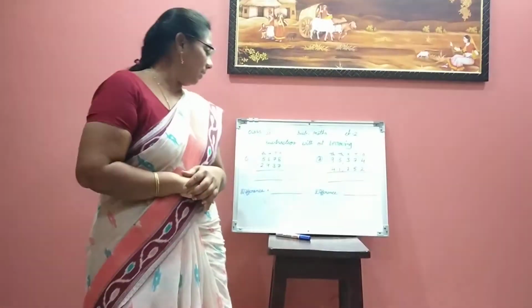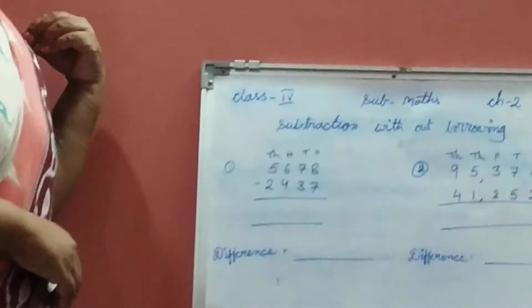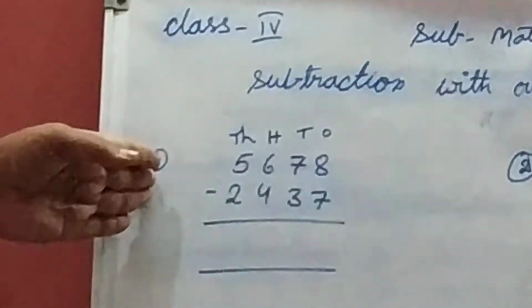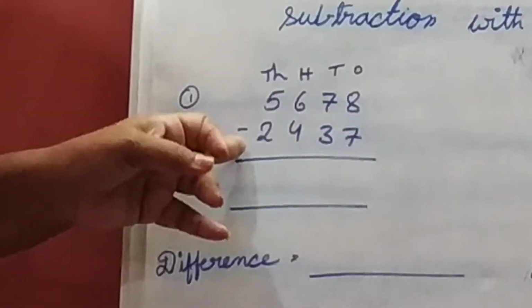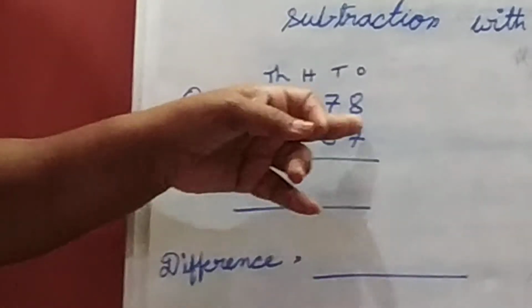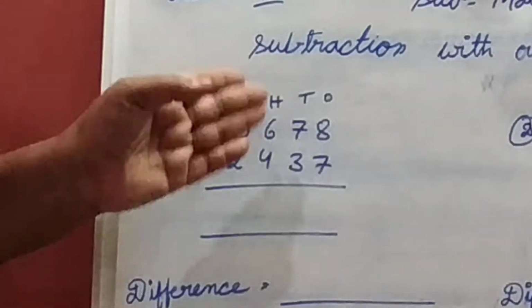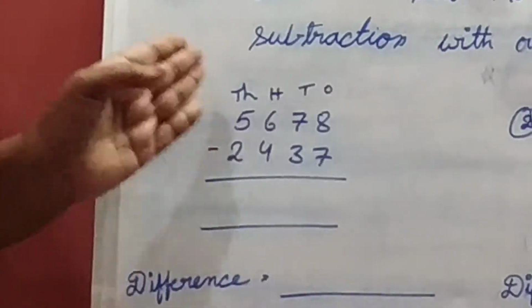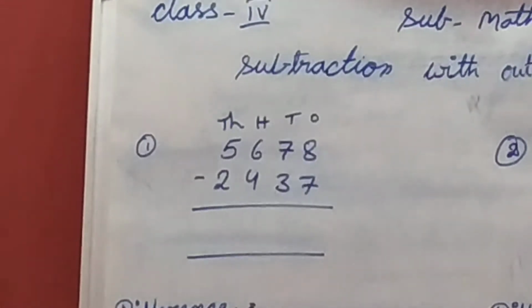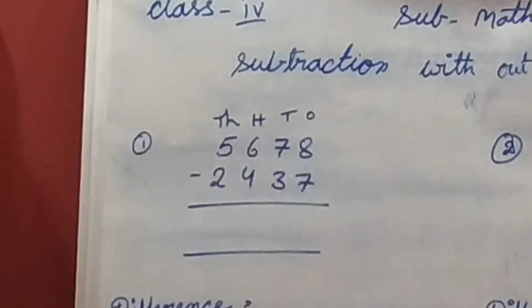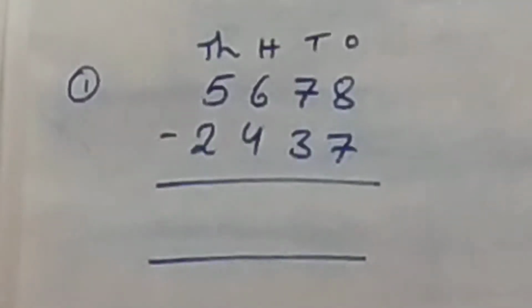Now, see here children, take two numbers here. Let us see the first example. See here, 5678 minus 2437. Here we have a 4-digit subtraction. Here on the top we have 4 digits and here we have 4 digits, and we are going to do the 4-digit subtraction. See children, already we know that while doing subtraction, we have to start doing subtraction from the